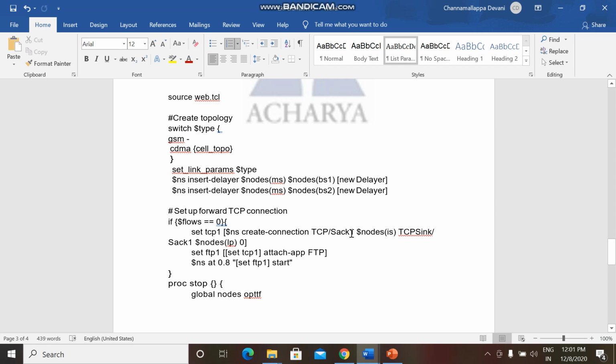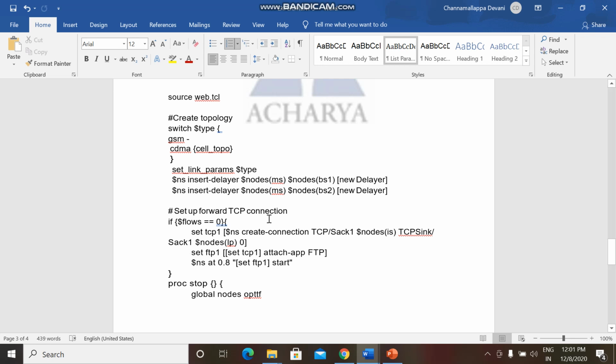As we know, TCP is connection oriented, so we will have an acknowledgement. We'll get an acknowledgement when the connection is established between the source node, the initial source, and the final destination, with flow value set to 1. Then, once the connection is established between the source node and the destination node, we have to generate the traffic.